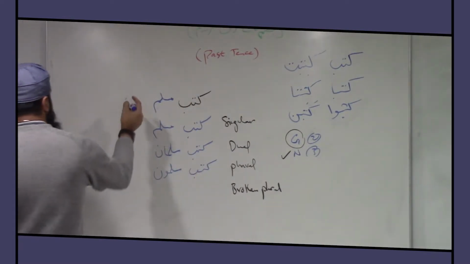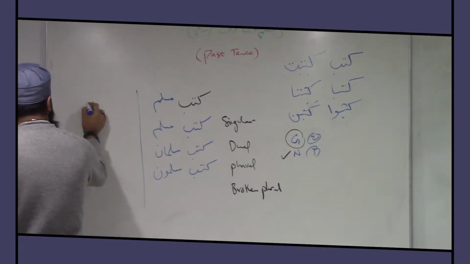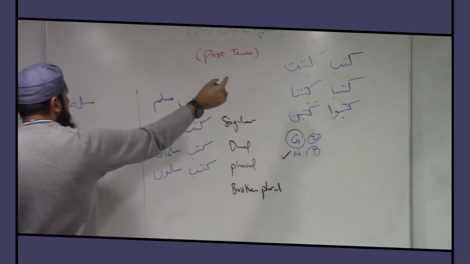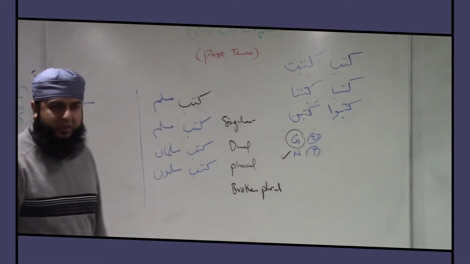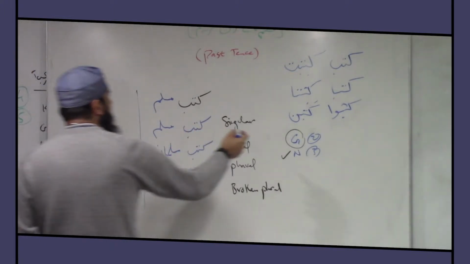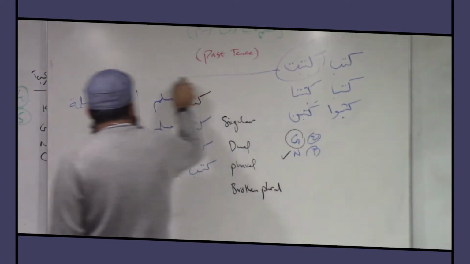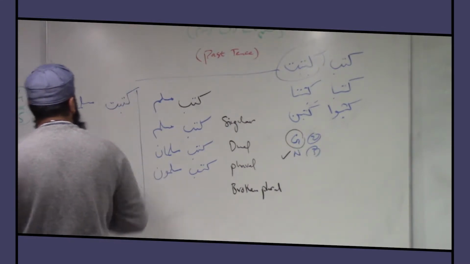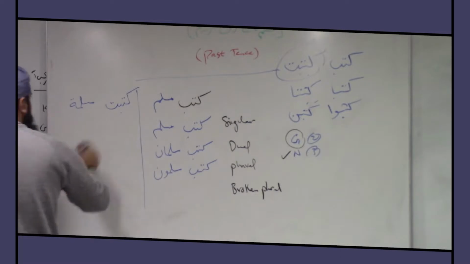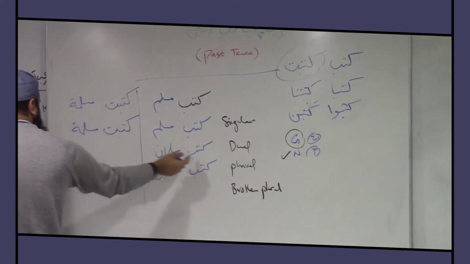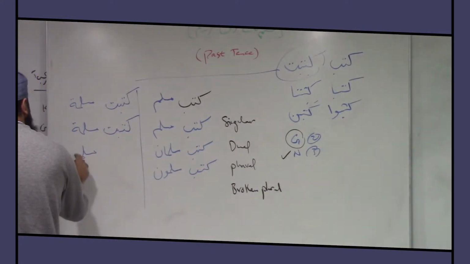Okay, let's do it here. Muslimatun. But now don't take Kataba, because she's gonna be angry. You're gonna take Katabat. You have to take the same thing. Katabat Muslimatun for singular, I'm still on singular. Muslimatun, singular, and then dual, you make it Muslimatani.